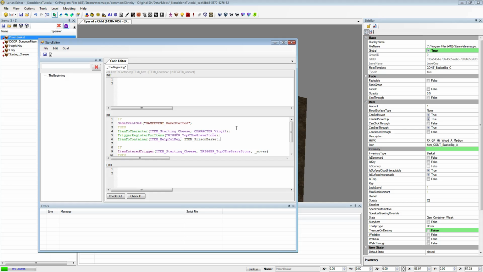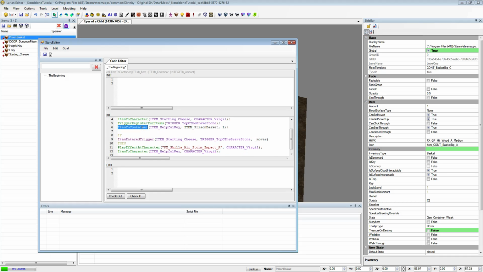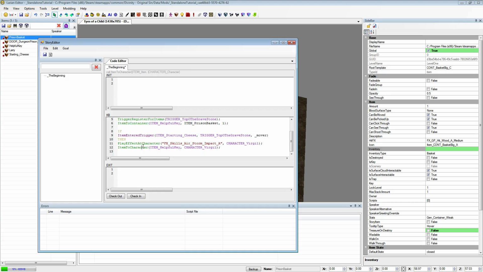Here. I wonder if this is going to work. I guess we'll find out. This may actually expect an item. I don't know. Well, I guess we'll figure it out. And of course here, we're just going to comment that out. We don't want to actually do that. What we actually want to do is move an item